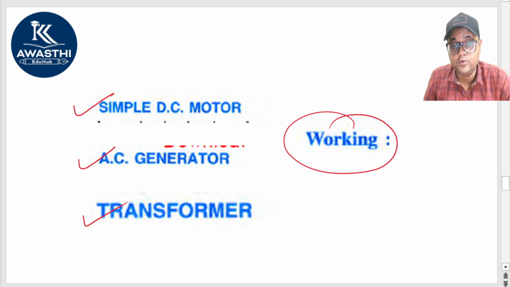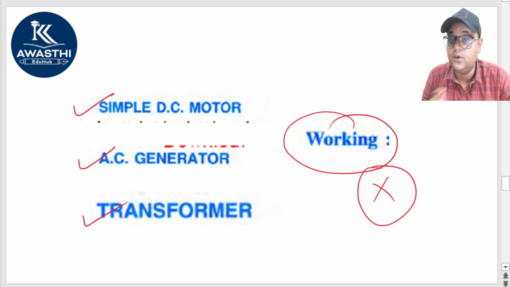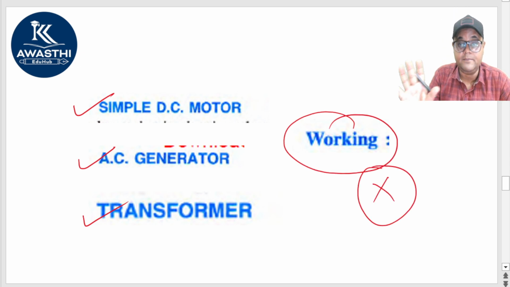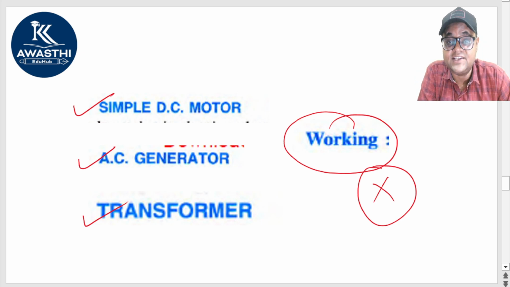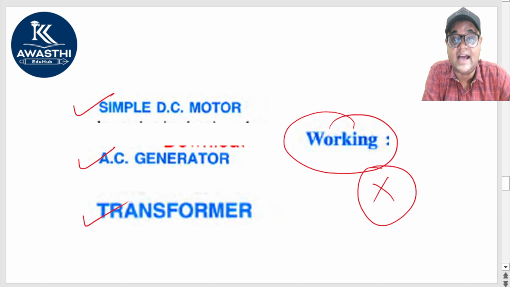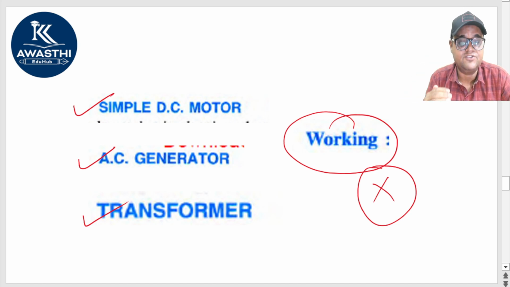Next is, now the biggest confusion, DC motor, AC generator and transformer. You don't have to go with the working of any of them, right? But this does not mean you should not know the basic principle. Basic principle is very much there in the syllabus. It's just that the detailed working is not included in ICSE class 10th. You will be studying these detailed workings in class 12th ISC physics. In ICSE physics, you don't have to go with the detailed analysis. Just remember the basic constructional features,